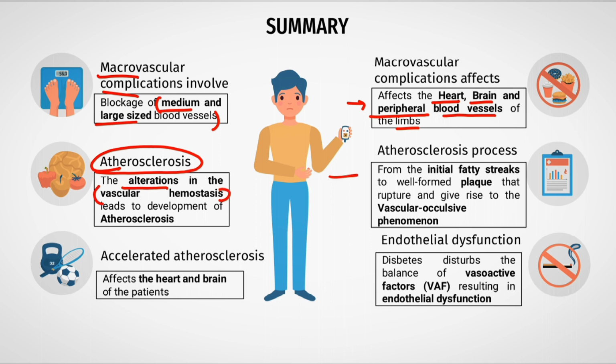This atherosclerosis process involves the initial fatty streak development to well-formed plaque, and ultimately it gives rise to vascular occlusive phenomena. And this accelerated atherosclerosis affects the heart and brain of the patient,